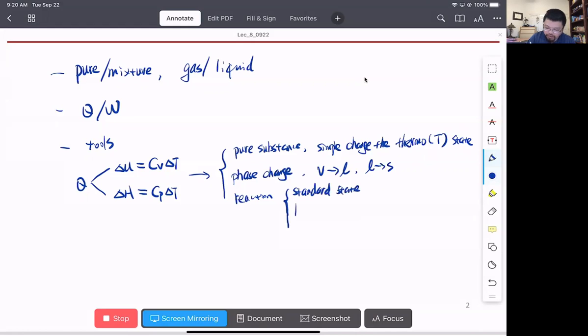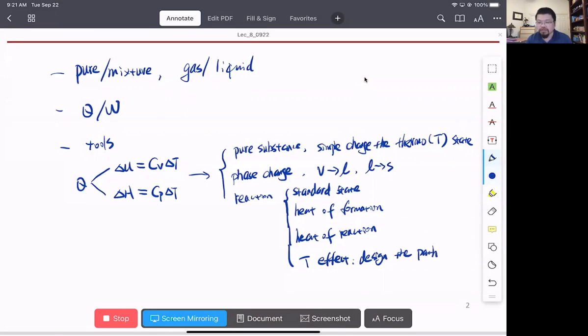We were talking about the heat of formation, heat of reaction, and then temperature effect, which is designing the path